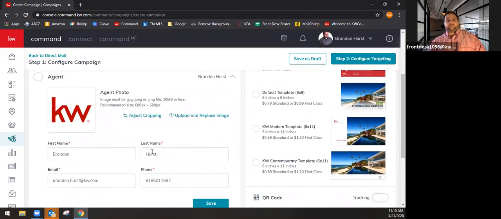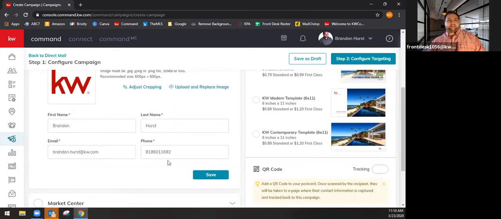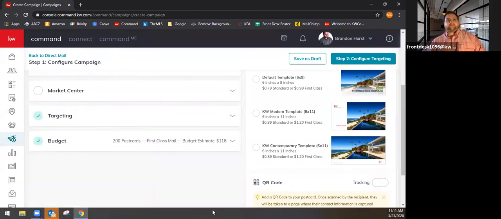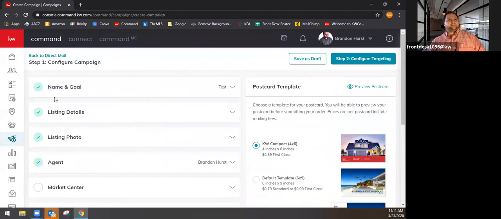Okay, now your information should populate in here if you set up your command. And your photo would be your photo, okay? I'm obviously not gonna have my photo here, but Brandon Hurst, okay, this is my email address and my phone number. I'm gonna hit save. I don't know why it does that. I think you have to put dashes. So I'm gonna put the office phone and hit save, okay? So far you see how it's checked off the blues, 4 blues right here. We're going down the line of what we need to put in,